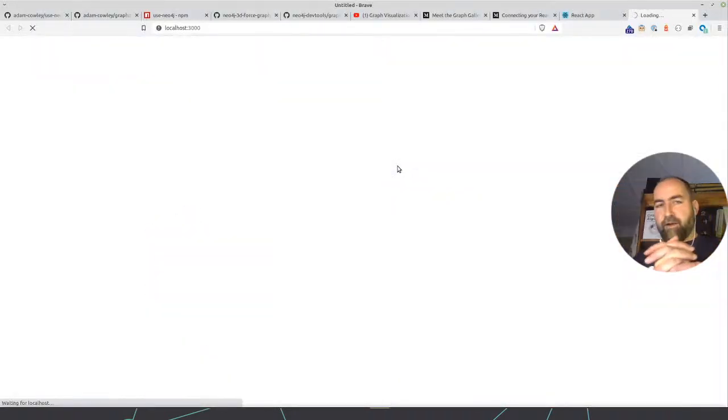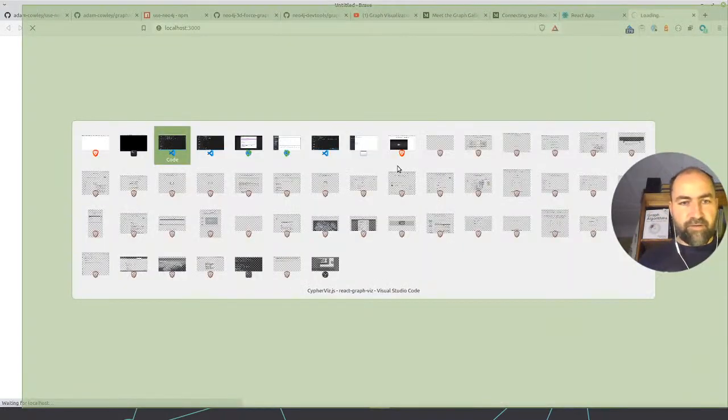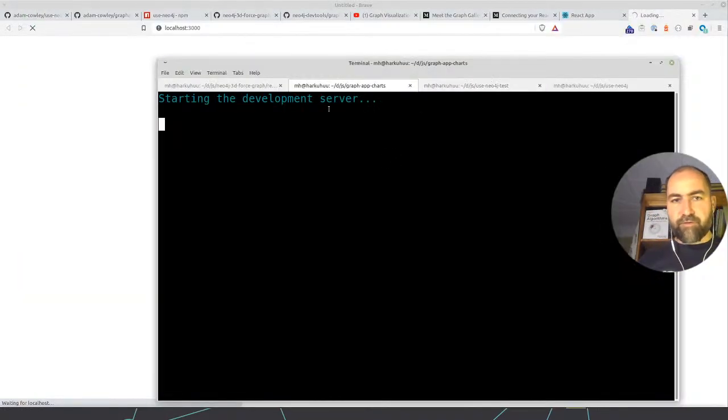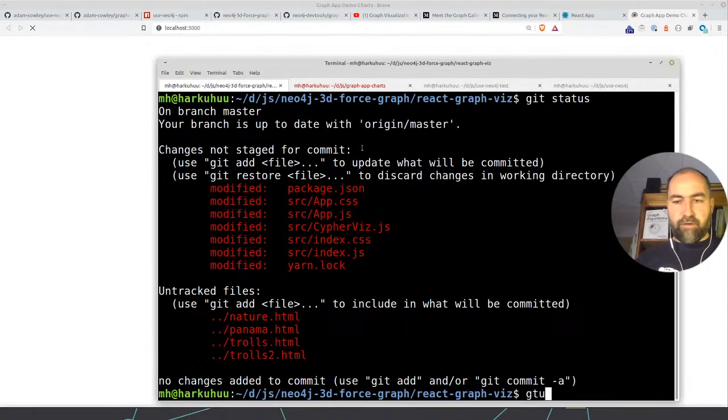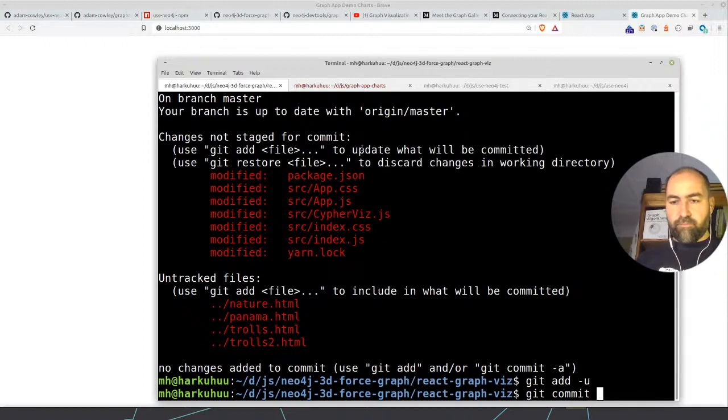Yeah, I'll probably push it to GitHub in a separate branch first, until I fix the load button. So let me do this while this is loading. I'll push the other one to a separate branch so you can use it. Git status, git commit.